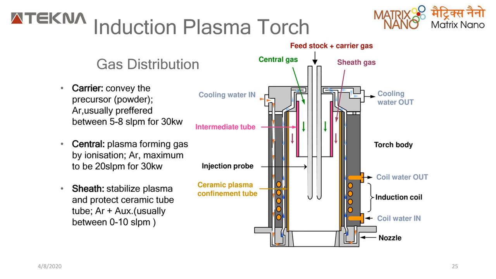Now when I speak about the stabilization gas or ceramic, the auxiliary gas, which is given with the central gas to protect your ceramic tubes, is usually your oxygen or nitrogen. Prefer keeping them low, because the more auxiliary gases you use, because these are cool gases, oxygen or nitrogen is kind of cool at high pressure. So liquefied nitrogen, oxygen, which keeps it cool. What happens is your cold plume starts forming more in the plasma. When your cold plume starts forming more, you have less energy transfer, which will affect your production rate in the coming time.